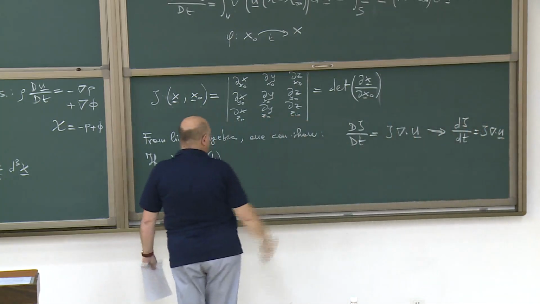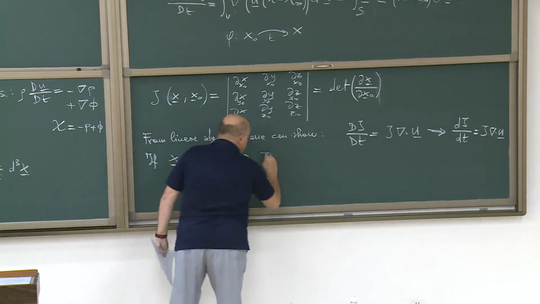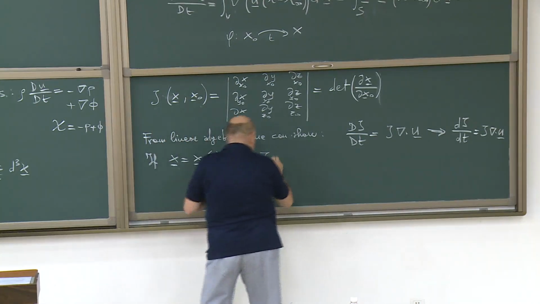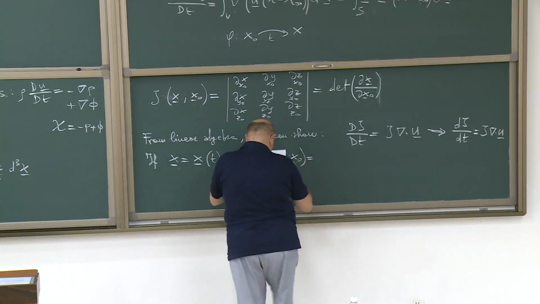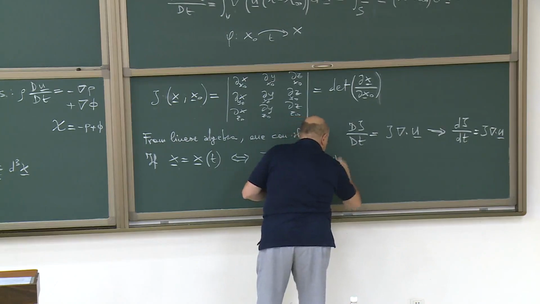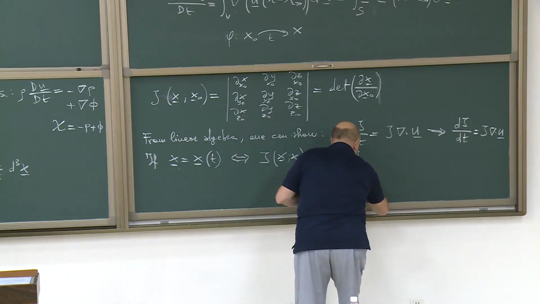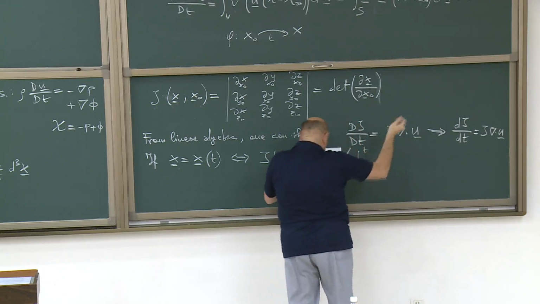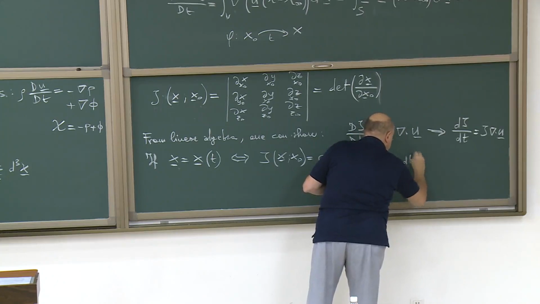And so we can integrate that, and this means that on the particle trajectory, we have a function J(x0) that goes like exp of the integral from t equals 0 to some time of div u dt.